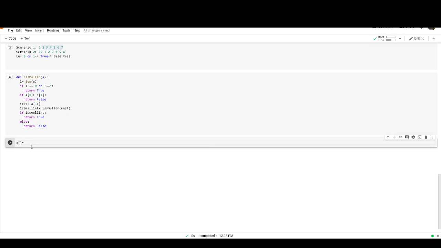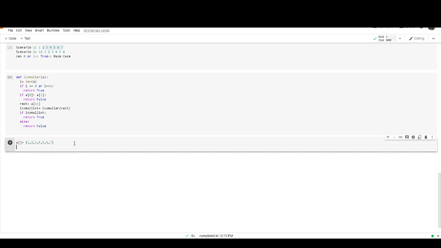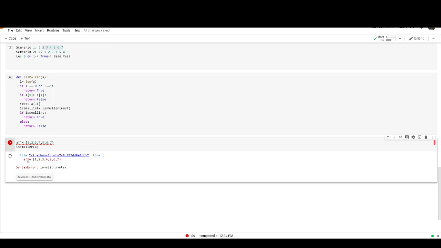How can we type the array? Let's suppose I try like this: 1, 2, 3, 4, 5, 6, 7. We need to check whether this is a correct declaration of the array. Then we call is_smaller of a. When I try to run, we got an error, invalid syntax. So we don't need a bracket here.